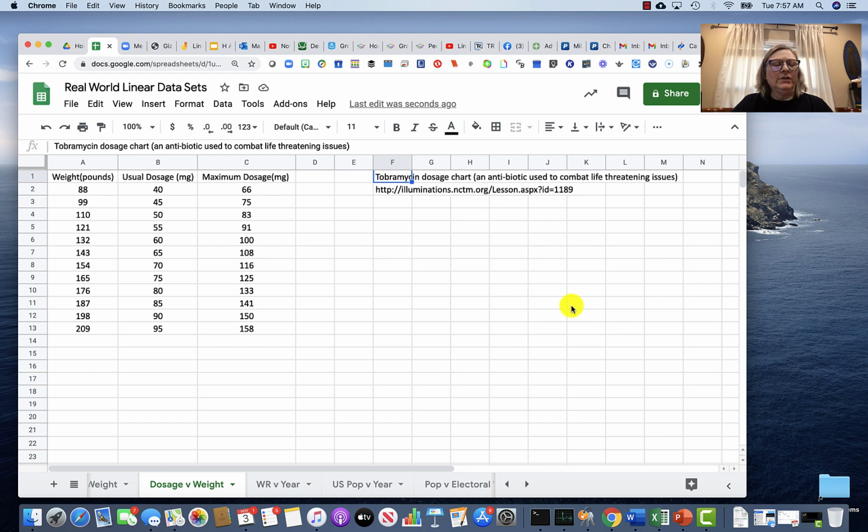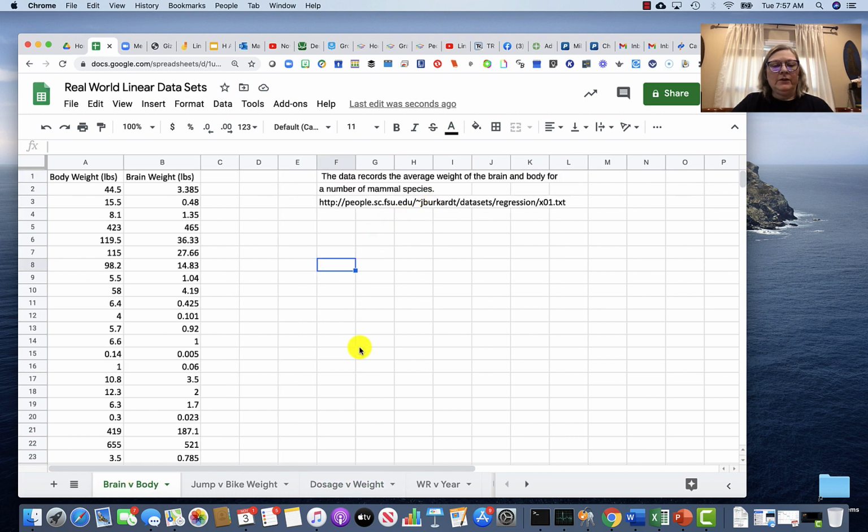Today we are going to look at creating linear regression lines for real-world data in scatter plots. So we're going to start. I have some really interesting data here that I found on another teacher's website. His name is Jay Burkhart, so thank you, Jay. I'm not sure if his actual first name is Jay, just his initial, but you can see I have some